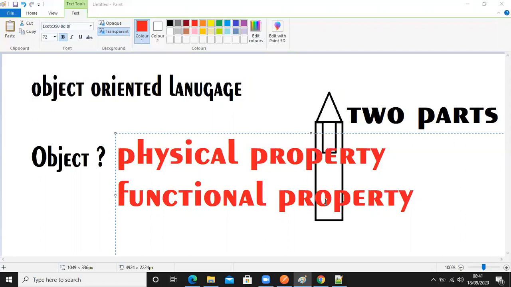Did you understand that? You always think of them together. The moment you say object, you think of both together. You should not isolate them. Both are different properties by nature; physical property is entirely different from functional property. You can't even mix them. But whenever you think about an object, you always mix them and think.